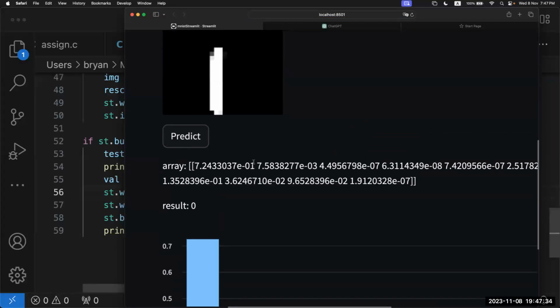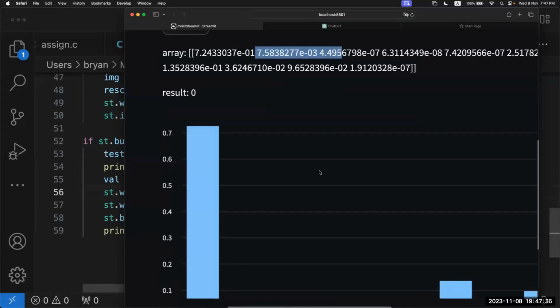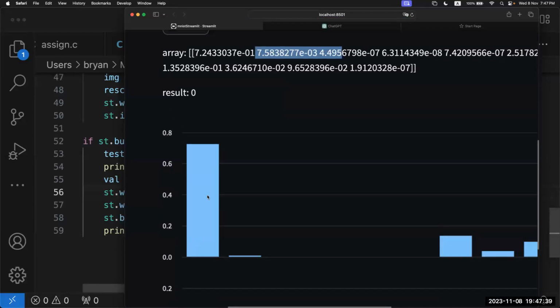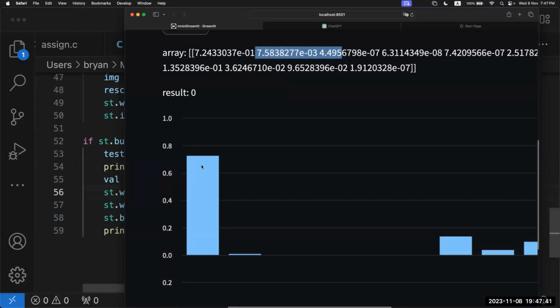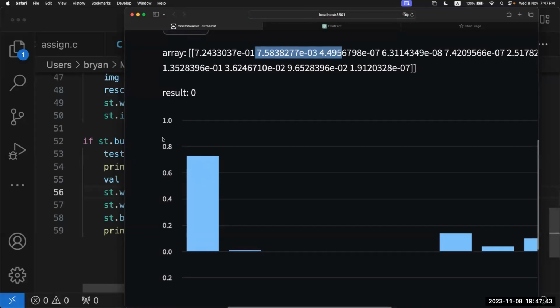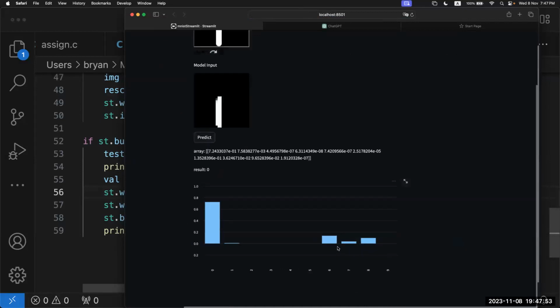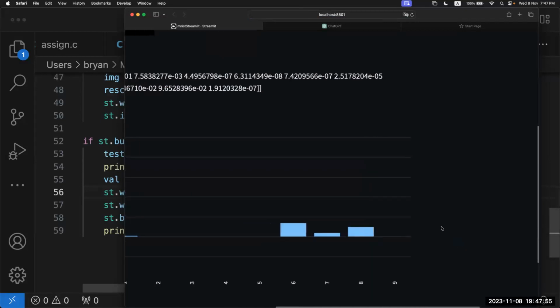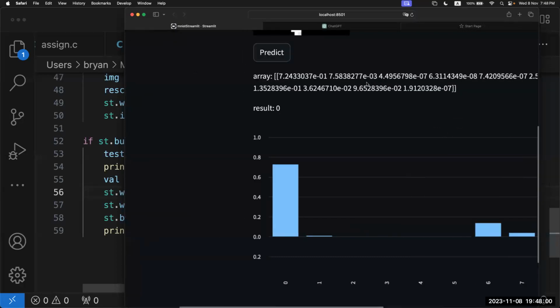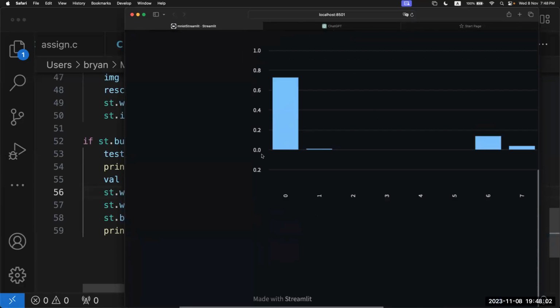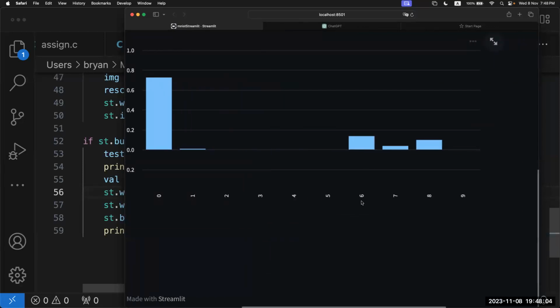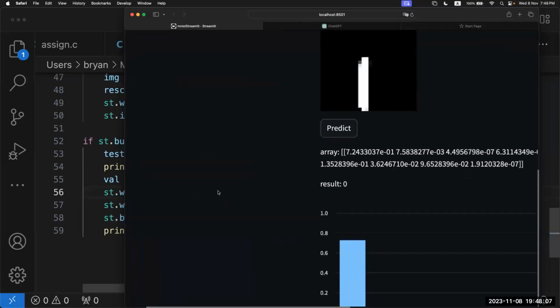So in this case, it looks like this. It's a bit hard to read the number, so below here is a plot. For 1, the probability is almost 0.8, actually it's 0.7. Then the probability for 2 is this amount, which is very small compared to the other probabilities. And there's some probability for 6, 7, and 8. 7 is quite reasonable because 1 actually looks like 7. Then 8 and 6, I'm not sure why, but somehow the model thinks this is